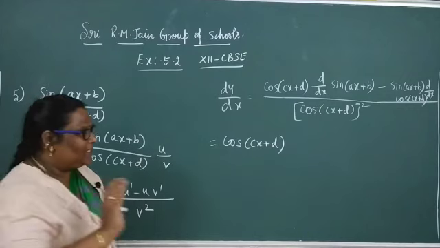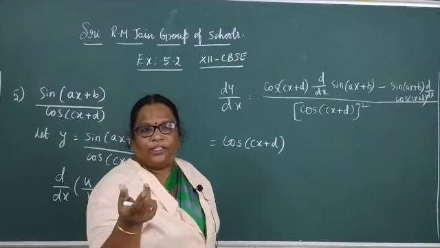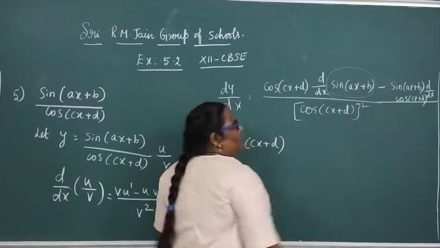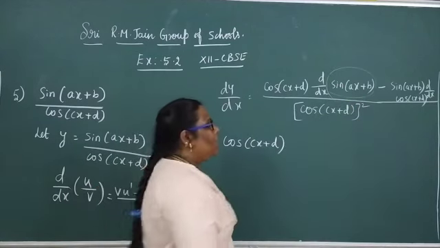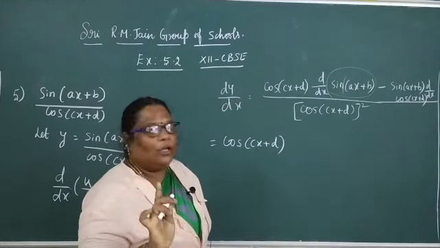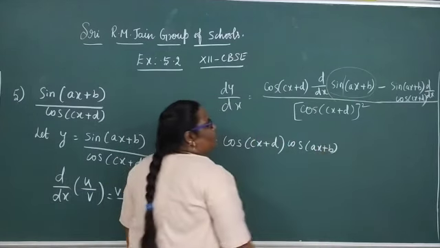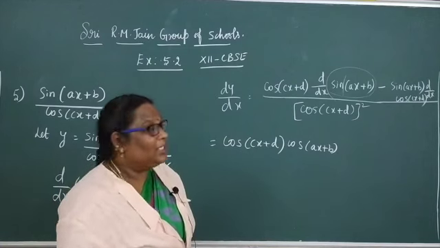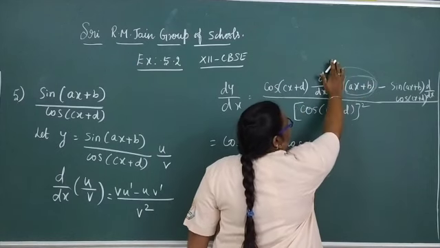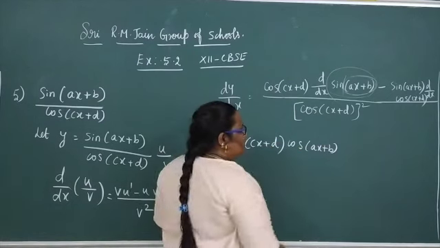This is a two-term function. If it is sin x, you have no problem, you can straight away differentiate, it is cos x. But here it is sine of ax plus b. So first, what is the differentiation of sine of x? Cos x, so you will write cos of ax plus b. Next, what is the differentiation of ax plus b? This part is over. You come to this, you will concentrate on ax plus b.